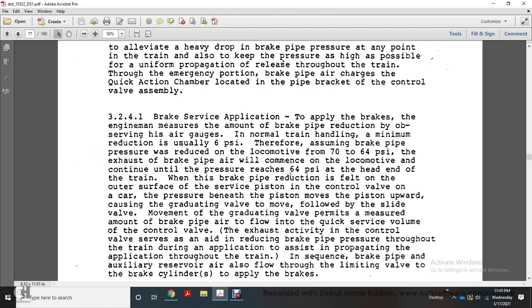train and continue until the air pressure reaches 64 psi at the end of the train. With the brake pipe reduction, pressure on the outer surface of the piston of the control valve is reduced, with the car pressure beneath the piston. Movement of the piston upward causes the graduating valve to move, followed by the slide valve. The movement of the graduating valve permits a measured amount of brake pipe air to flow into the quick service volume of the control valve. The exhaust activity of the control valve serves to aid the reduction of brake pipe pressure through the train during application, to assist brake pipe propagation of the application throughout the train in sync with